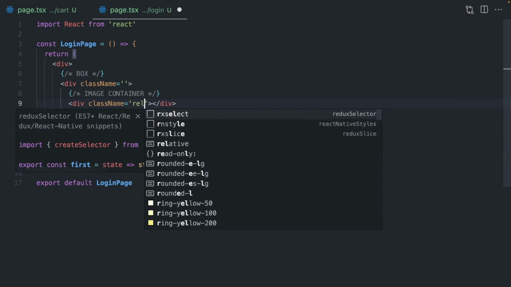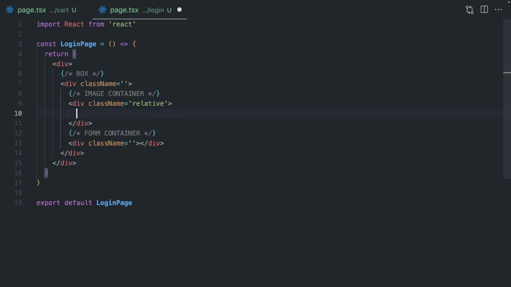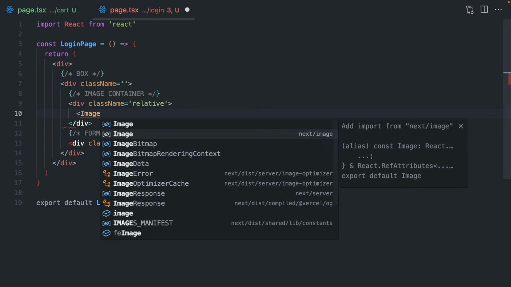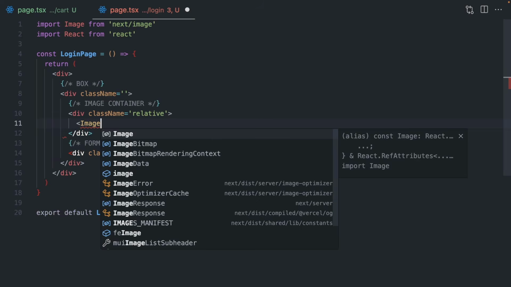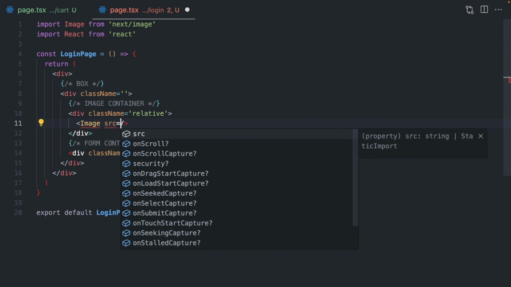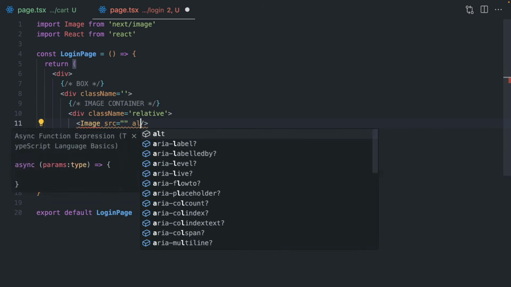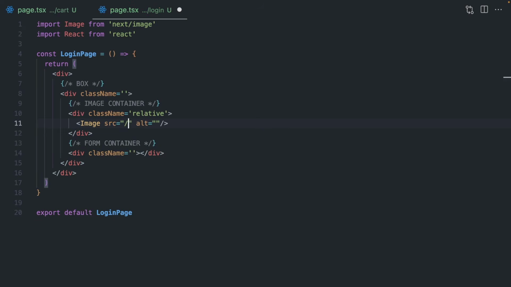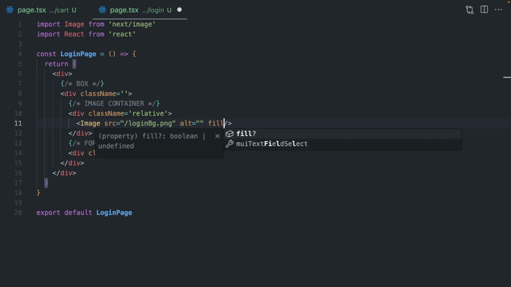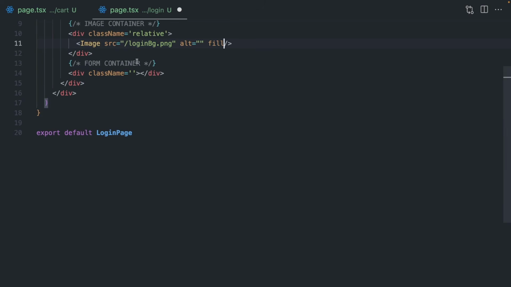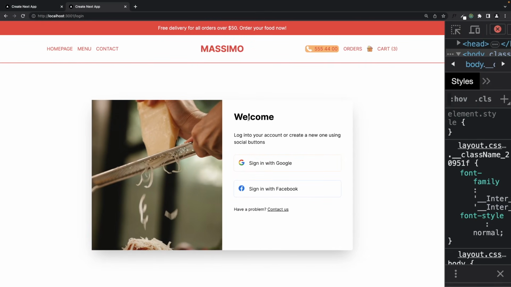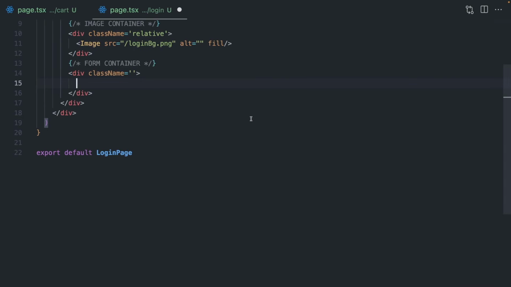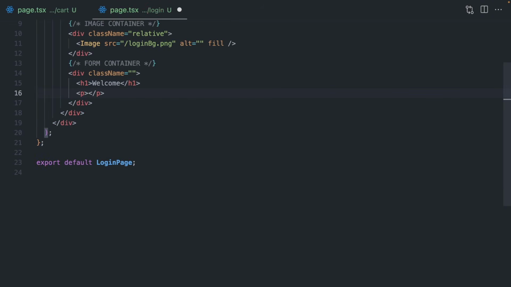Let's give here relative. And I'm gonna call here Next.js image. I will say source and alt. I will say login background.png, and it's gonna be fill. And inside this container, we will have this title, let's say h1 tag, a p tag,